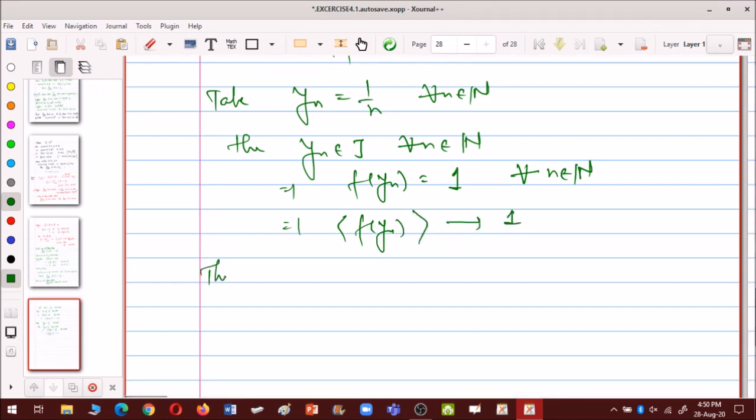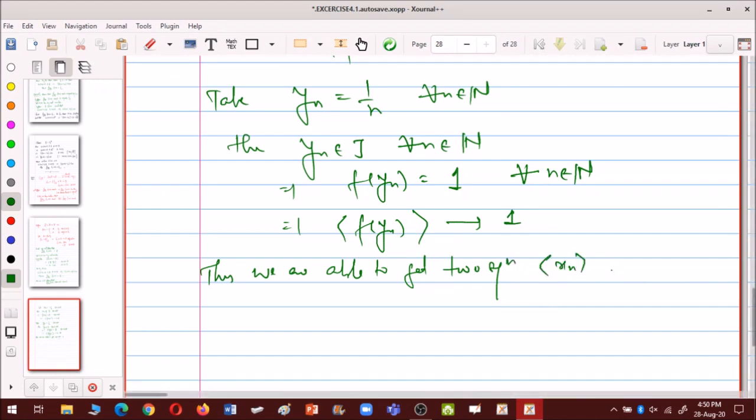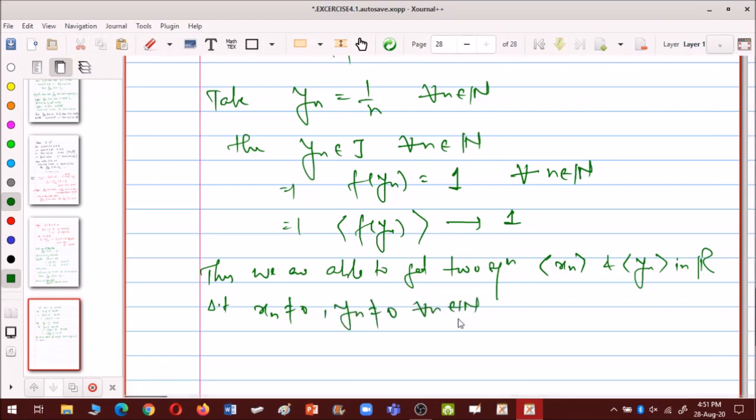Thus we are able to get two sequences x_n and y_n in R such that x_n is not equal to 0, y_n is not equal to 0 for all n, x_n converges to 0 and y_n converges to 0,